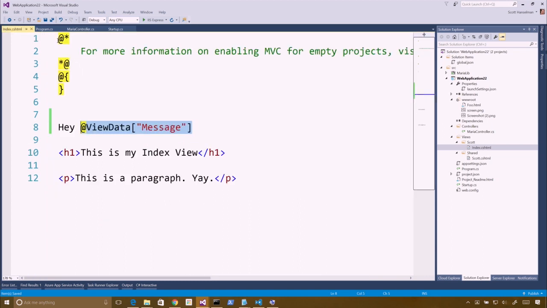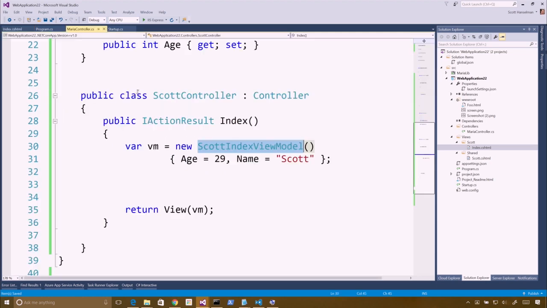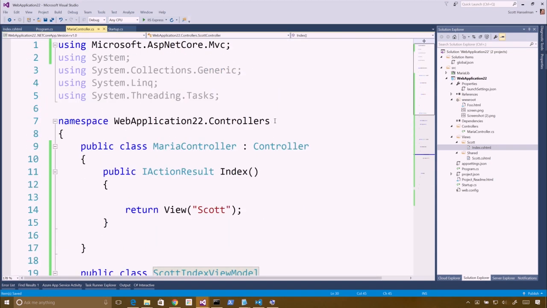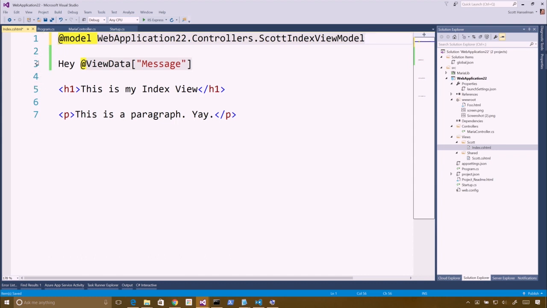I'll go back over to my index page, okay? And I'm going to say @model, pass in Scott index view model. And I may need to include the full namespace. Yeah, see how it doesn't like it? I'll put the full namespace. Typically, you put that in its own namespace, like view models or something like that. Okay. So then, instead of doing it like this,